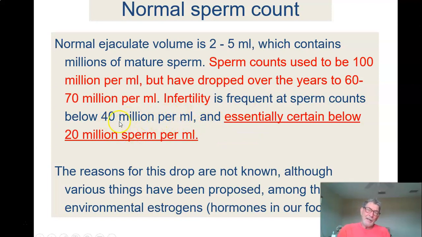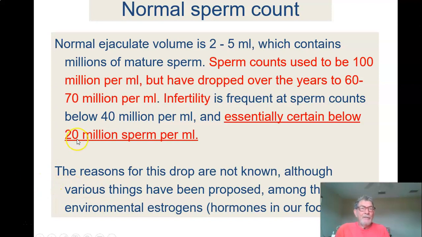Now, it seems like 20 million sperm would be enough, but it's not. Very few are strong enough to actually swim all the way to the egg. Most of them drop out. And once you get there, you need a lot to produce enough of the enzyme to break through the shell. You have a lot of sperm working at it, and finally, one will get through, fertilize the egg, and then you turn off the process so that no further sperm can come in. So it's a pretty dramatic process, but you need to start off with a lot to have enough sperm get there to do the job.